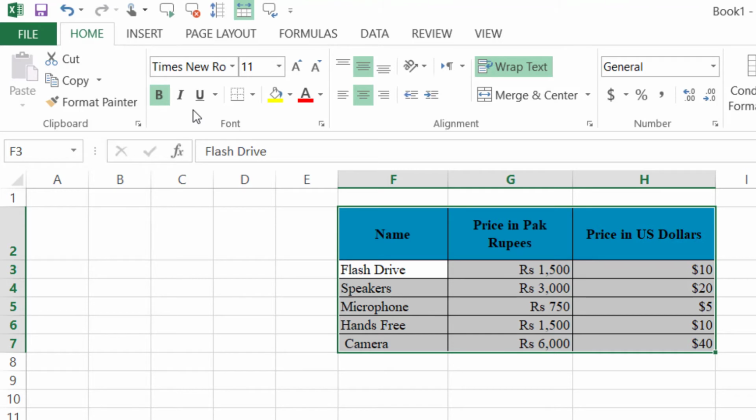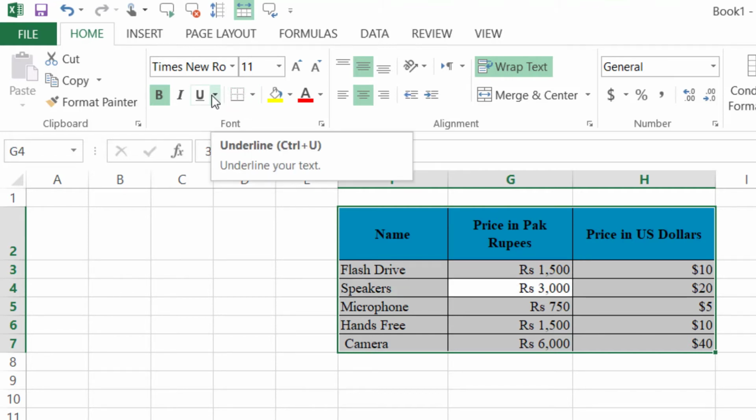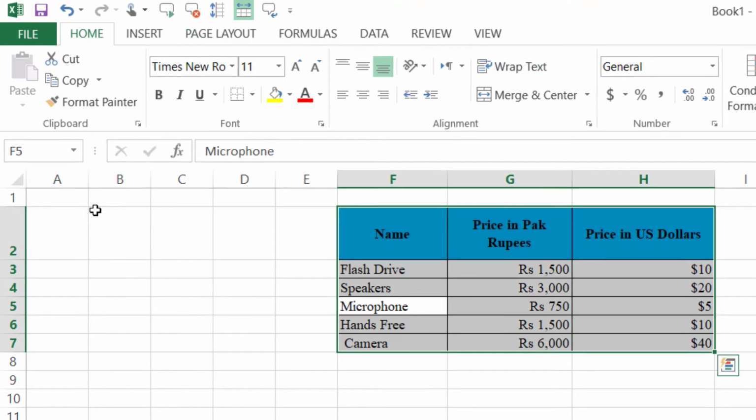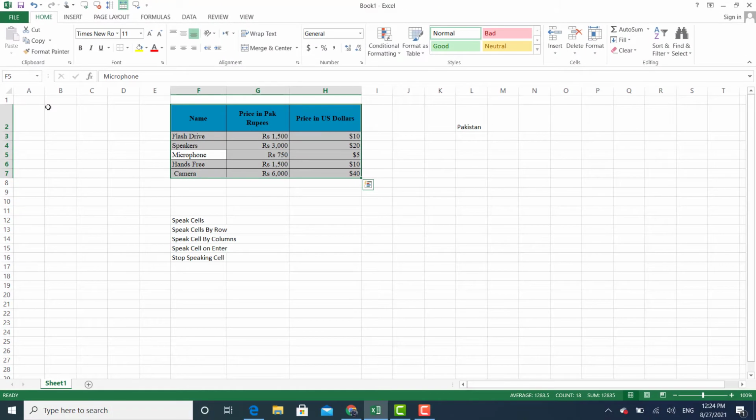Flash drive. 1,500 rupees. $10. Speakers. 3,000 rupees. $20. Now I am stopping it. You have seen that this table is speaking, and it is speaking horizontally.